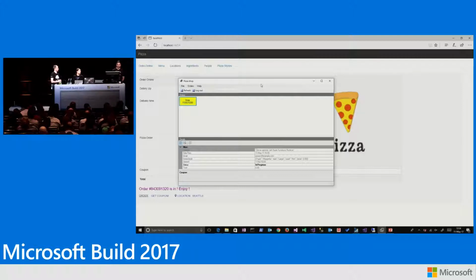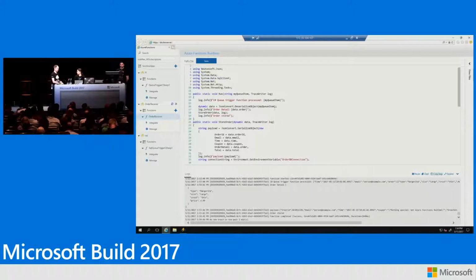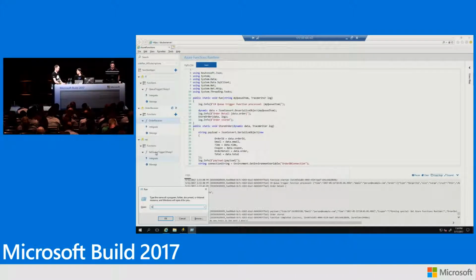Hey, Andrew, one question. Can you switch to the portal real quick? Yep. Can you explain where this is running from? Yeah, so this portal is all running on-prem, and this VM that I remoted onto is a machine that we have running in CorpNet. So if I open up IIS,